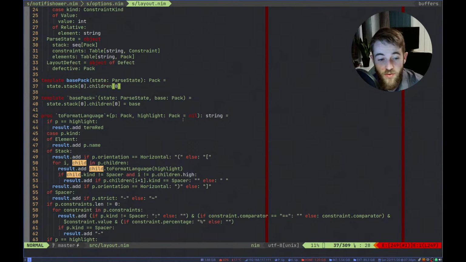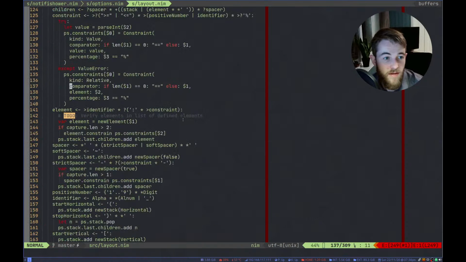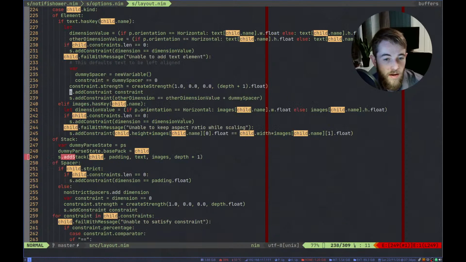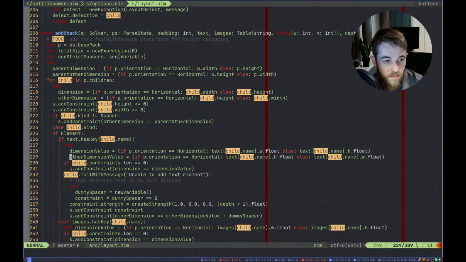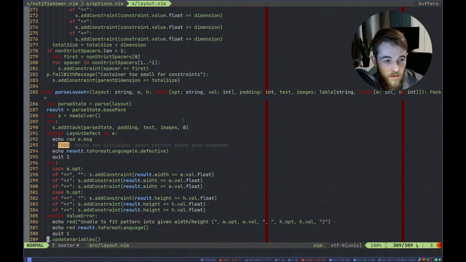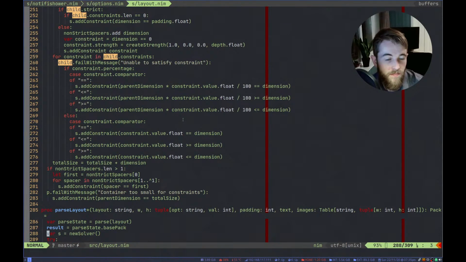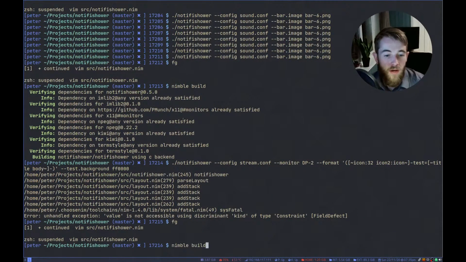So that's how you can do accessors in Nim. This of course now is the dummy parse state. There we go. No more errors, that's good. Just try to build.